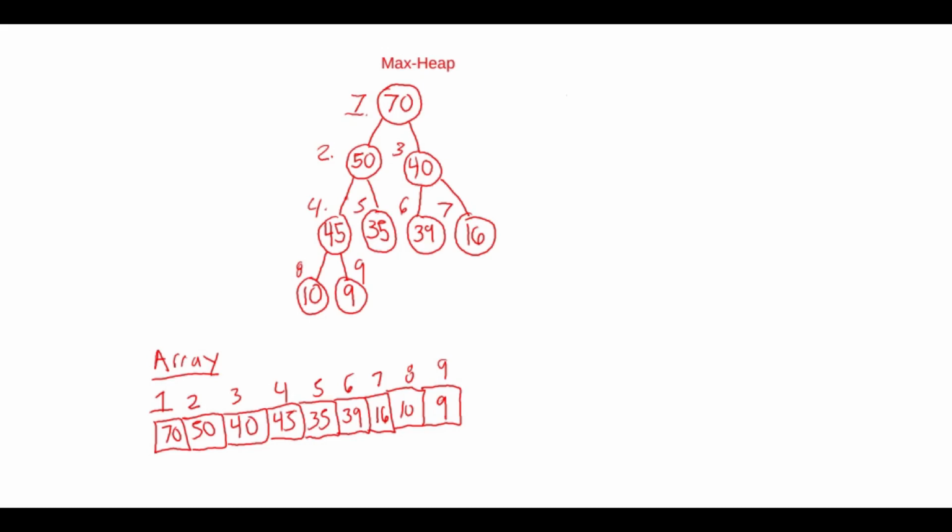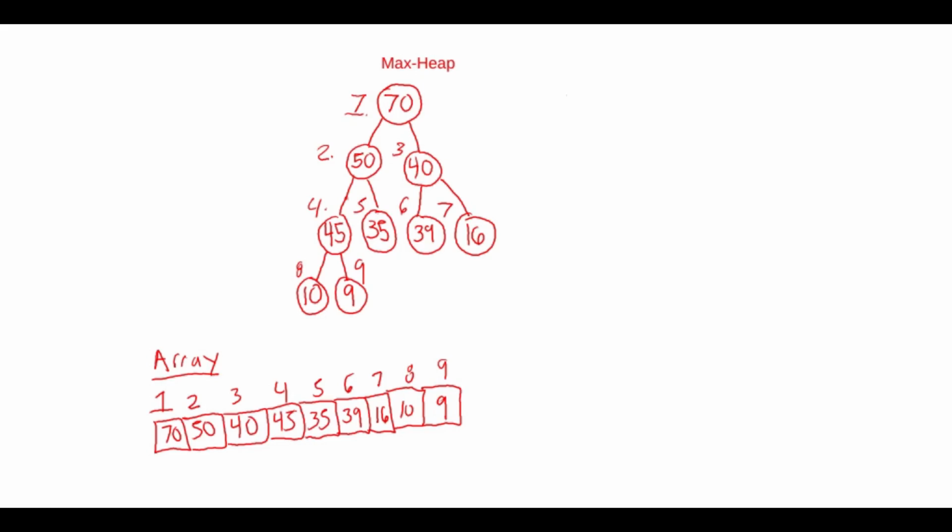Alright, so I built our max heap and the array. As you can see right here, 1 is 70, 2 is 50, 3 is 40 in the array, 4 is 45, 5 is 35, 6 is 39, 7 is 16, 8 is 10, and 9 is 9. Now we want to insert a node. Let's insert,